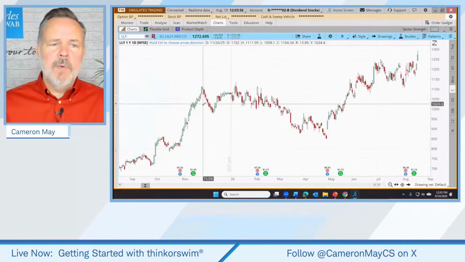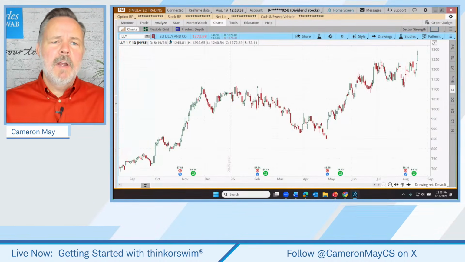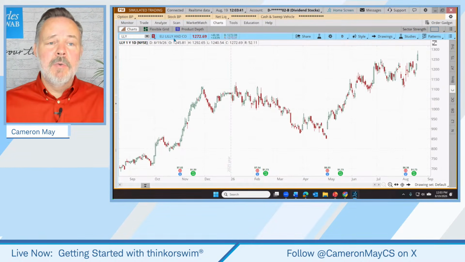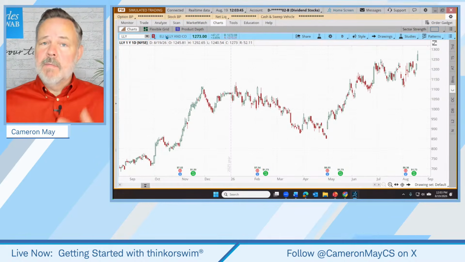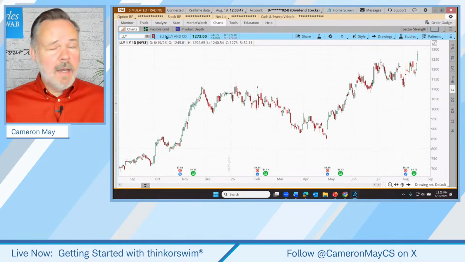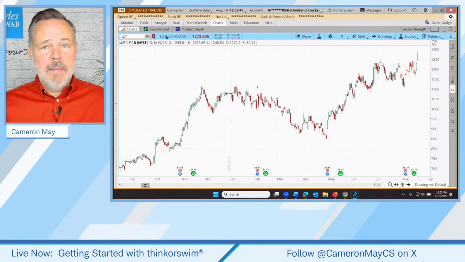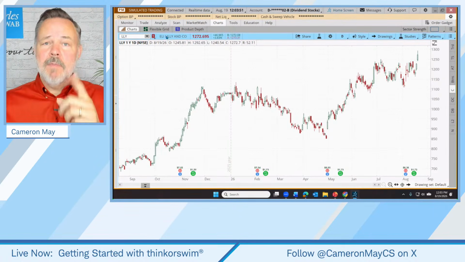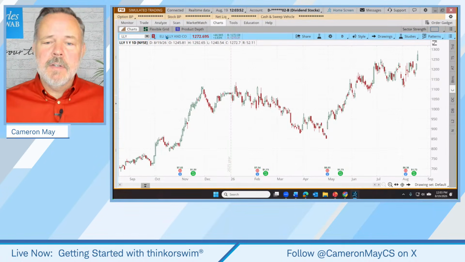Let's go right to the Thinkorswim platform. And today, we're going to be demonstrating each of these 5 tools using a 1-year chart of Eli Lilly. Now, it doesn't have to be Eli Lilly, obviously, and it doesn't have to be a 1-year chart. These same tools can be applied on different time frames. But we'll stick with the daily charts just for today's demonstration.